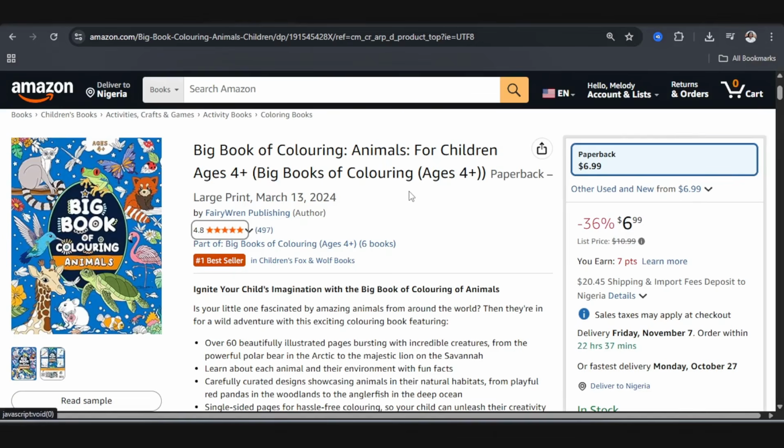And this is a really great thing to leverage, because a lot of people buy this coloring book for their children with the aim of not just activity, but also for learning purposes. So for the purpose of this video, I'm going to be going with an animal themed kids coloring